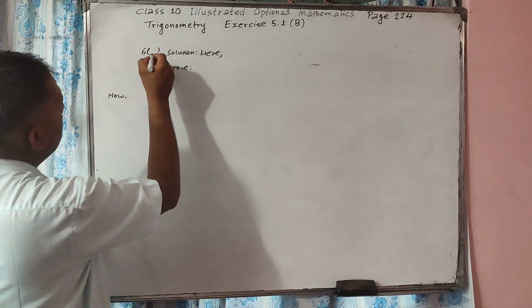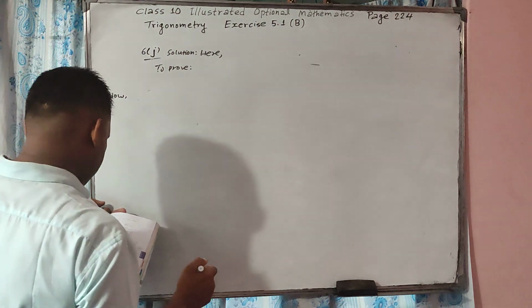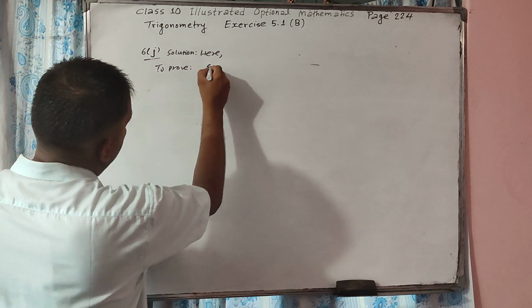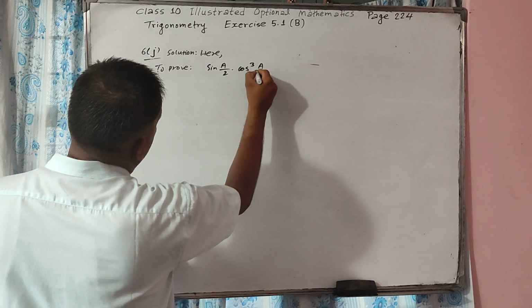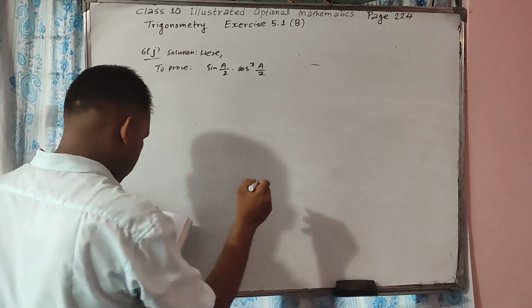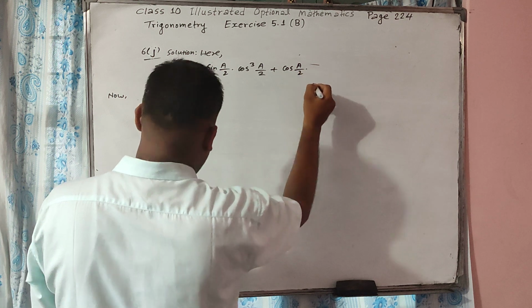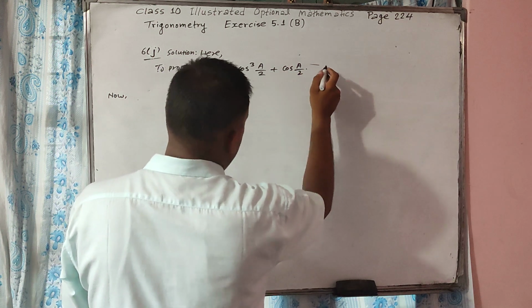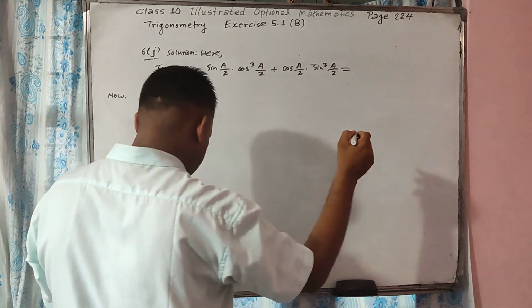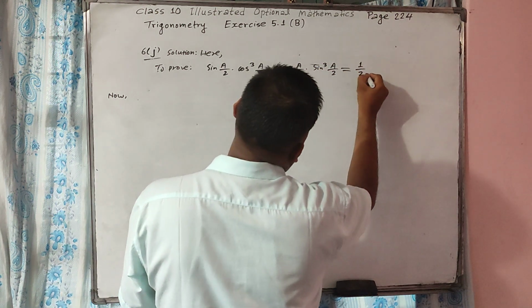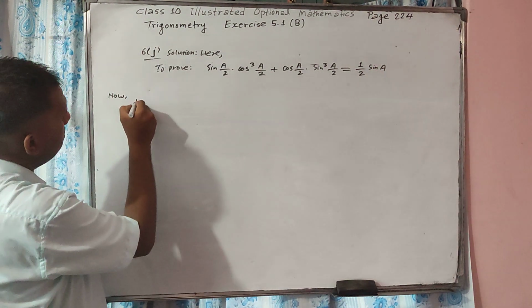On 6j we have to prove sin(a/2)·cos³(a/2) + cos(a/2)·sin³(a/2) equals 1/2 sin a. Now LHS is equal to